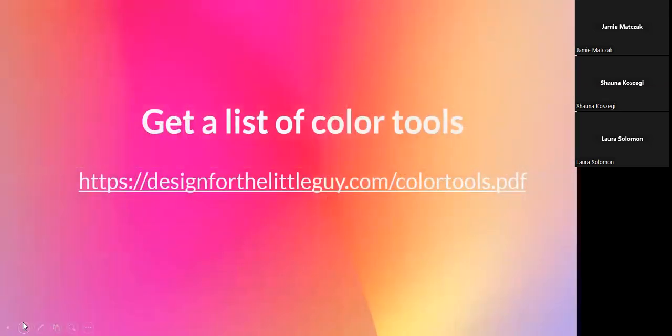I mentioned that I would give you a list of tools that you could grab. These are just a few that I have used to manage or think about colors. I'm going to put this into the chat. And while I'm doing that, if you have other questions, please type those into the chat as well. Color tools.pdf. I think I got that. So if you want to take a look at that, it's a sort of short and sweet list.